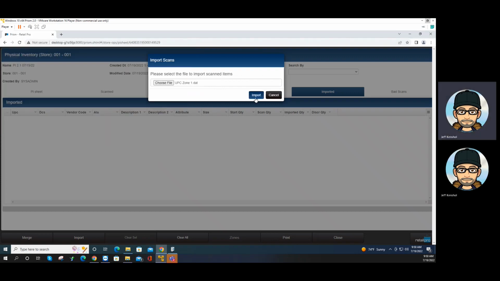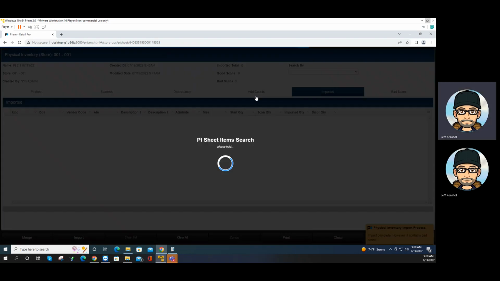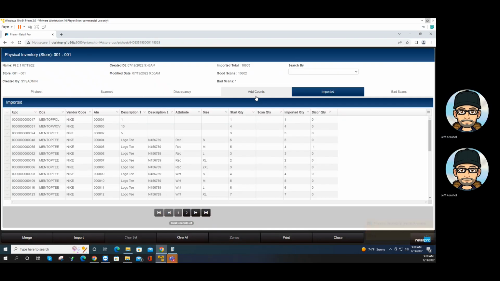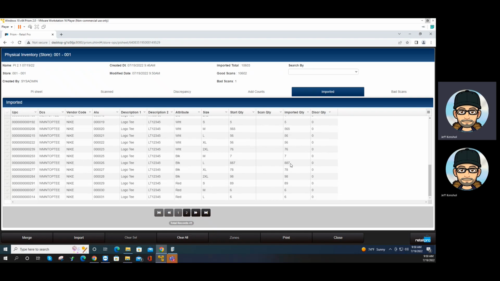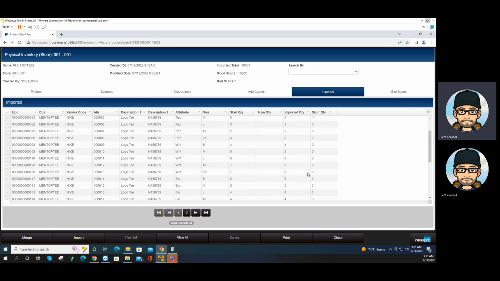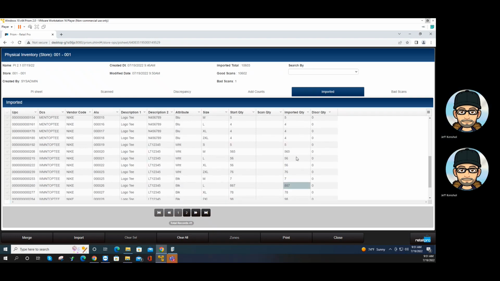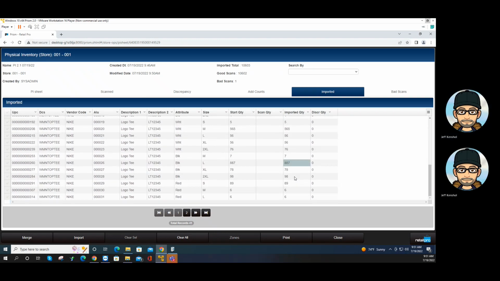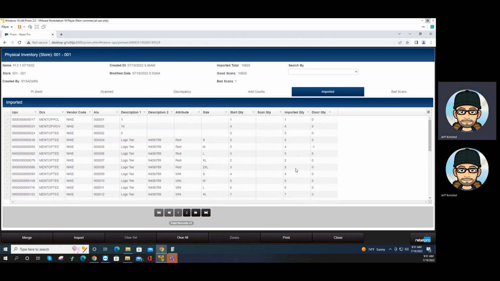It now knows the file, so we click import. It now reads the file just fine. And our imported quantities come in, right or wrong. Like we could have made some mistakes in importing, right? Or maybe we actually do have 887 of those, right? Not sure, but